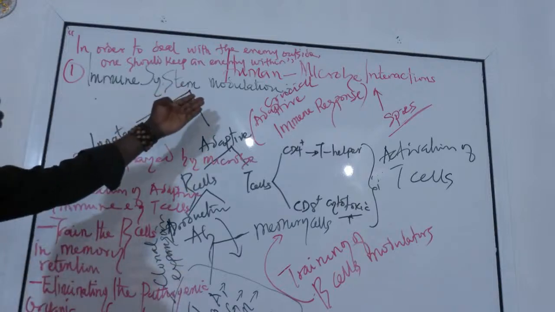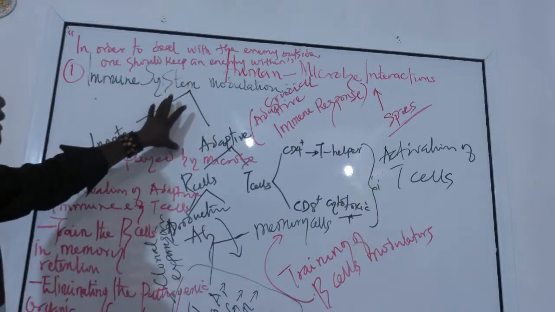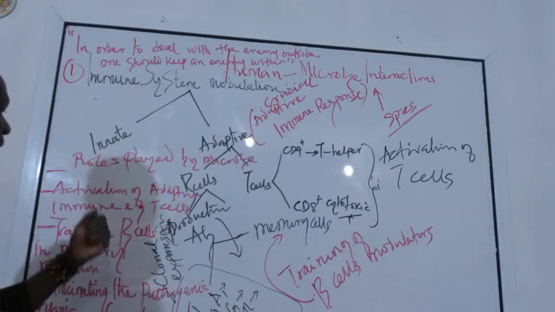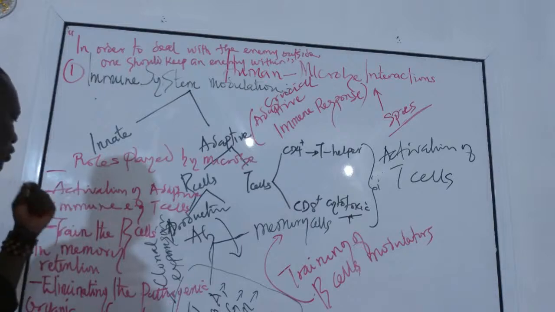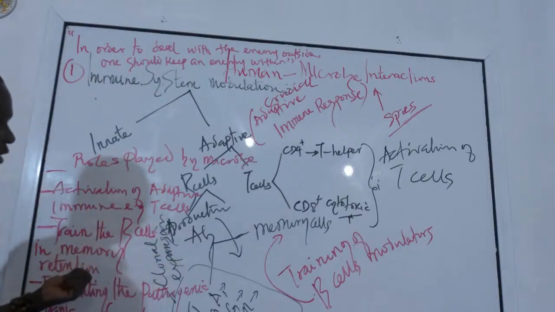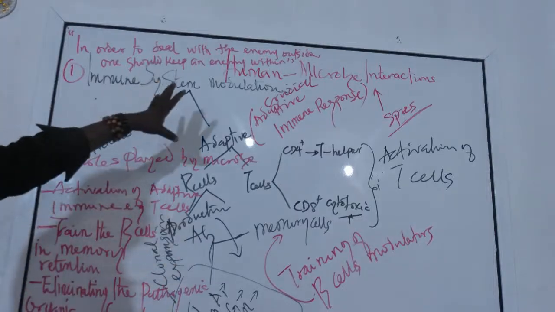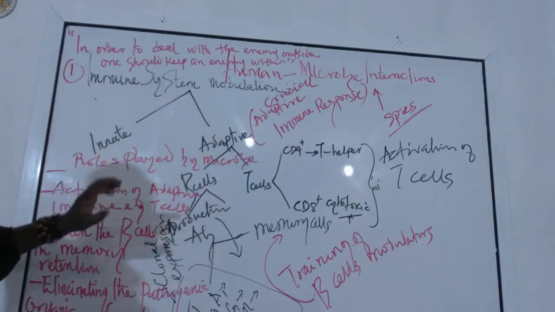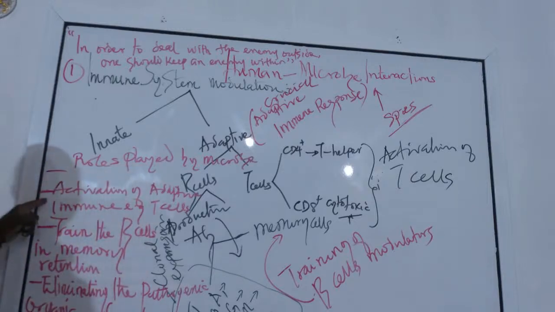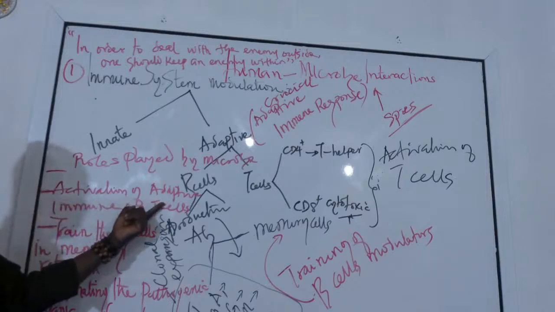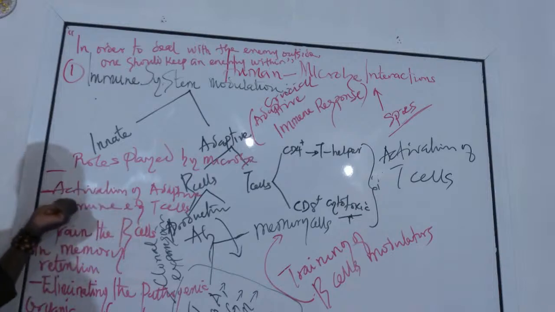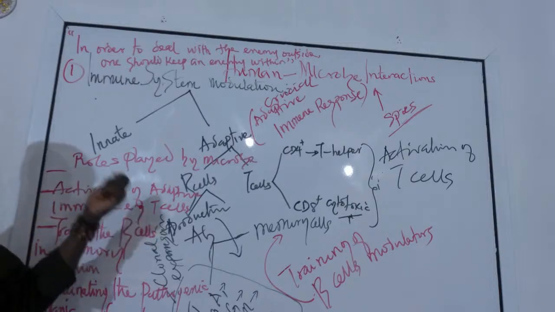So the enemy within are your what? These are the microorganisms that you have living as normal flora on the surface of, inside, or outside your body. So that is keeping the enemy within. That enemy will now start to give you information. The first thing is that it is going to alert, it's going to activate the adaptive immune system of the cell.